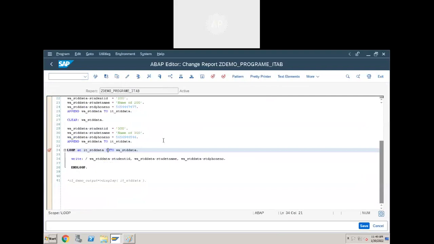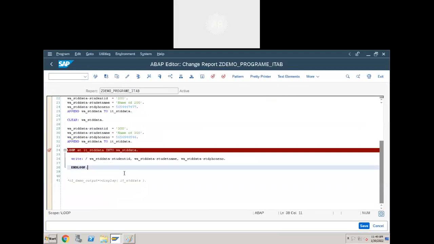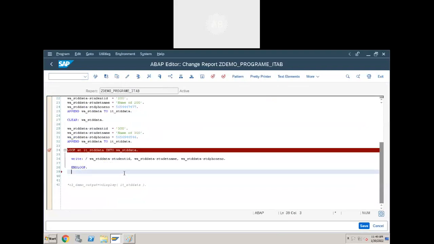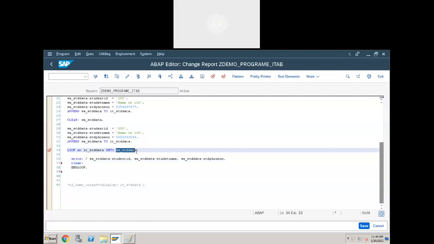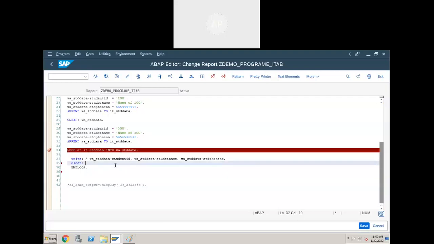It's clear. Okay. How to clear the records of the internal table? To clear the work area data, we can use clear statement. Within the loop, we are clearing the work area data. First time, we are going to get 100 student ID record, and displaying it and clearing it. Next time, internal table will transfer 200 record into work area and display it and clear it.